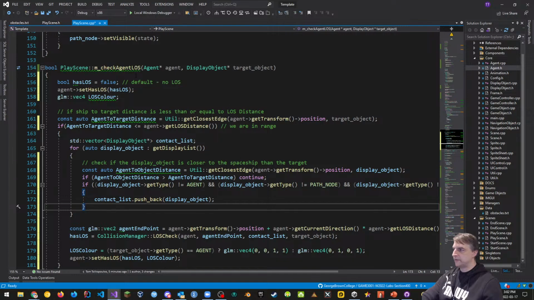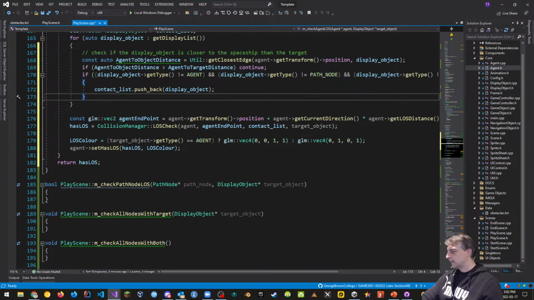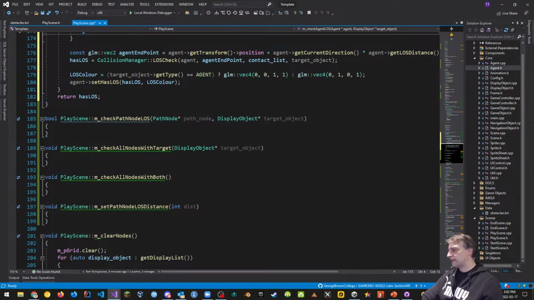The big change makes it go from ship specific to any agent, and now we can put any agent in there we want, which is really beautiful. The reason is because this gives us the flexibility to check line of sight with any object that we want, as opposed to just one, which before was just a ship. So now we can reuse that. That's a core point.